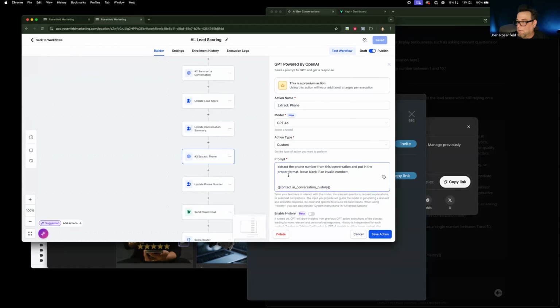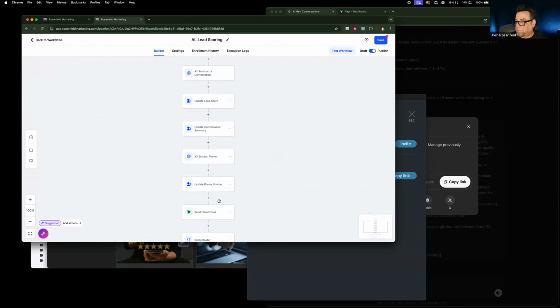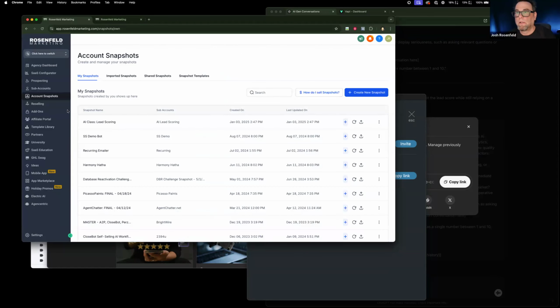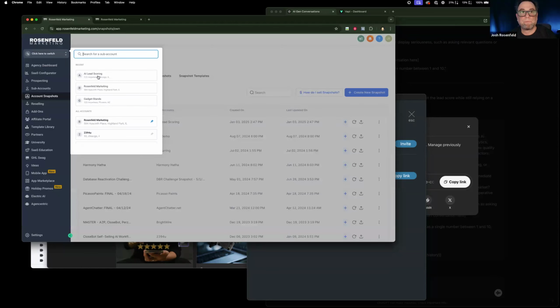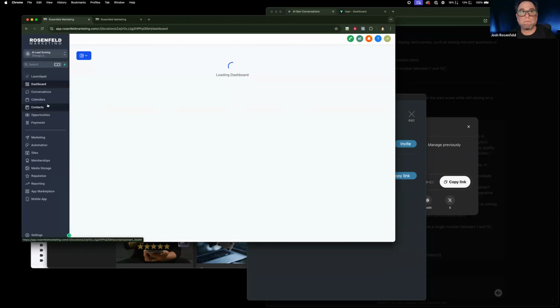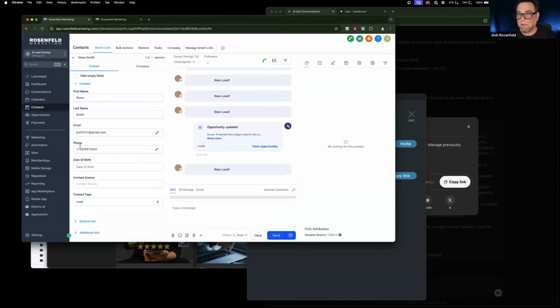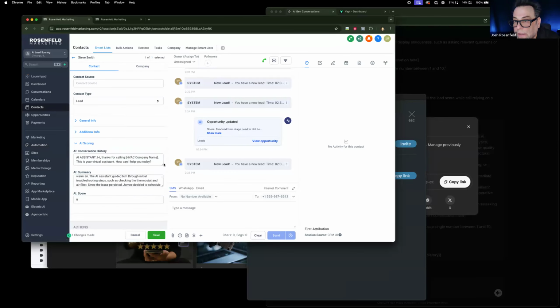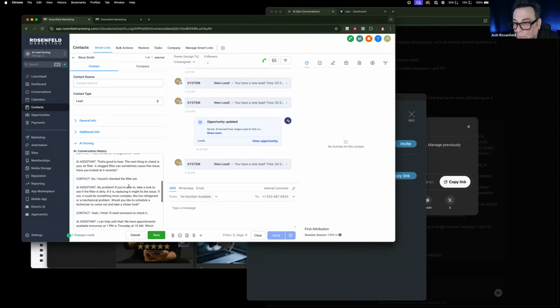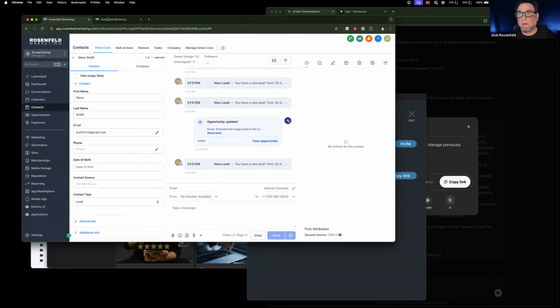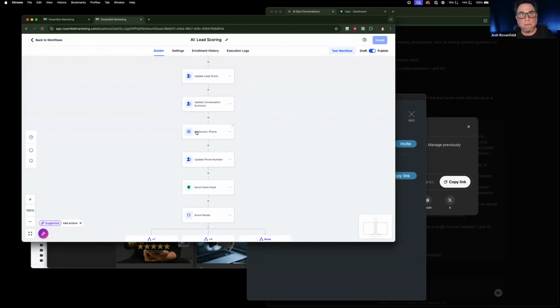Let me paste that in here. Okay. So now let me save that. Now let me make it an invalid number, which I'm going to do here under my contact. All right. So now I want to get rid of this number. And in my conversation history is where you can see the phone number. So let's put in something wacky, like one missing digit. Okay. Save that. Okay. So if this thing works, what it's going to do is, oh,